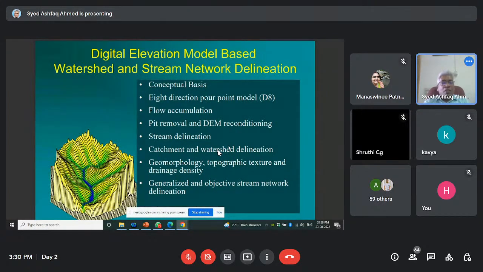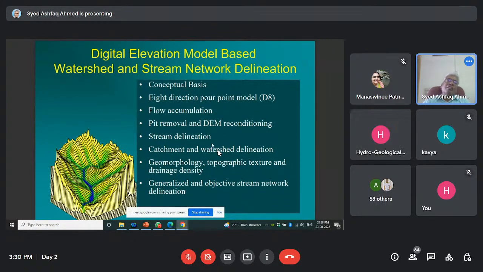That is the first step if you want to work on watershed management and the management of water resources on land. So this is the first step. You can download the elevation model, and there are different procedure steps for the delineation of the watershed. Here, we have to do a lot of pre-processing,